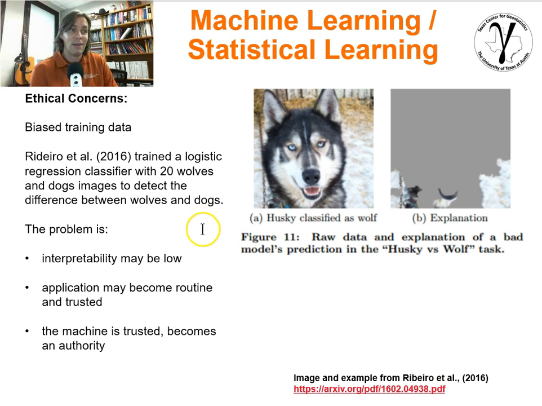Check it out. So what they did was they actually took pictures of Alaskan Huskies, which I have to say, a beautiful dog right here. And they took those Alaskan Huskies and they mixed them in with wolves. So you had Alaskan Huskies and wolves, 20 images, and they trained a regression classifier to try to come out with an output. An output would be dog or wolf. Two possible outputs, or two possible outcomes, I should say.